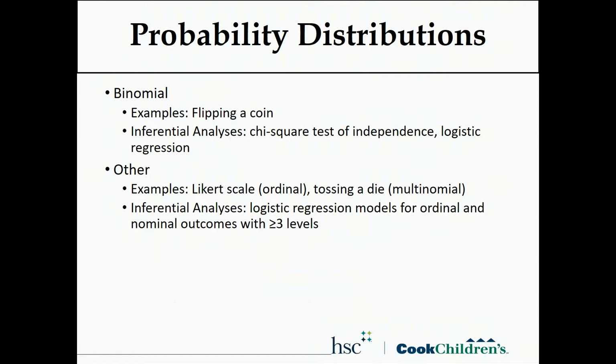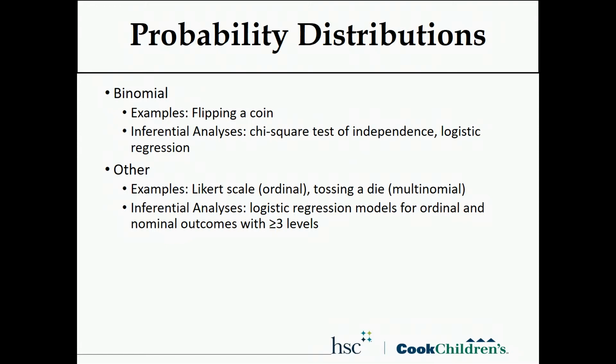Okay, you can also have probability distributions for categorical variables. The most common one that we usually think about is the binomial distribution. Flipping a coin, answering yes or no on a yes or no question, survival or not, things like that are all dichotomous, binomial, binary variables. For those, you can use inferential analyses like the chi-square test of independence and logistic regression. Other categorical variables can be